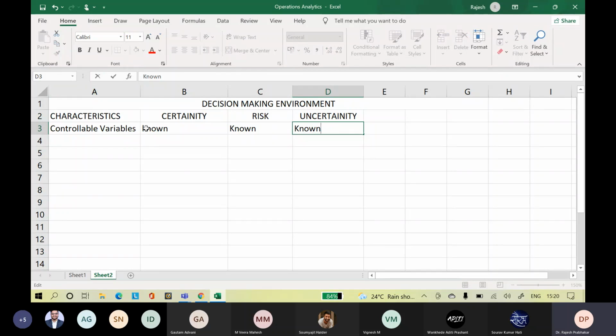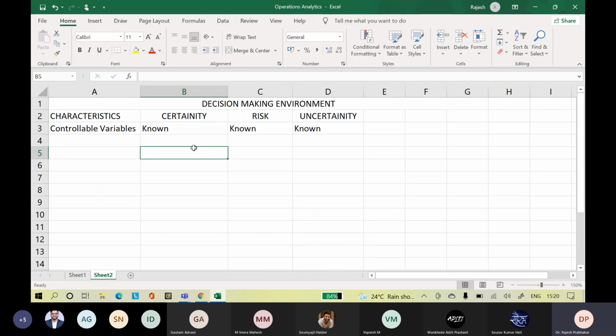So you have a thorough understanding of the variables. Sometimes we call control variables also as decision variables. So we know what raw materials we need, how much we need, where to get it from, what factors can affect their supply, and what risks are involved in that raw material supply. So these are your controllable variables.